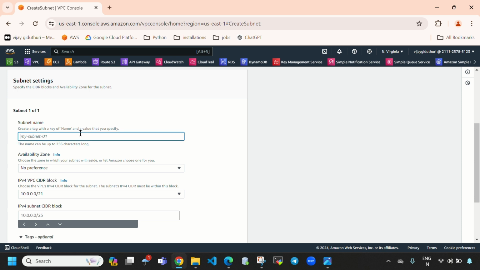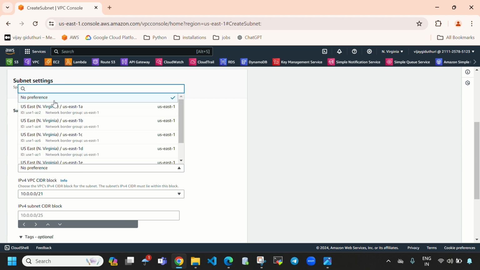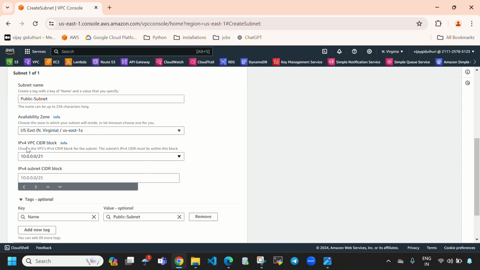When we create any subnet, we need to give the name of the subnet. Here I'm going to provide the name public subnet. Then we need to give the availability zone, which is up to your wish, guys. If you select no preference, by default AWS will take any of the availability zones. Here I'm going to select US East 1A. Here you can see the IPv4 VPC CIDR range, which we have given as /21. Now we need to give the subnet range. Here I'm going to give